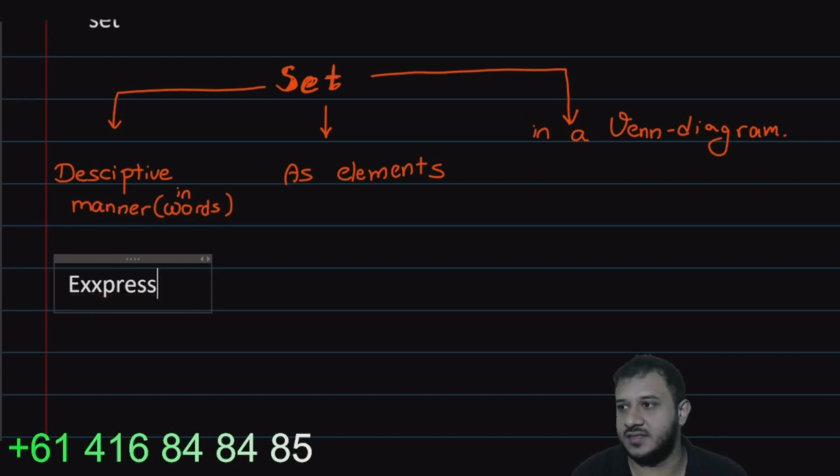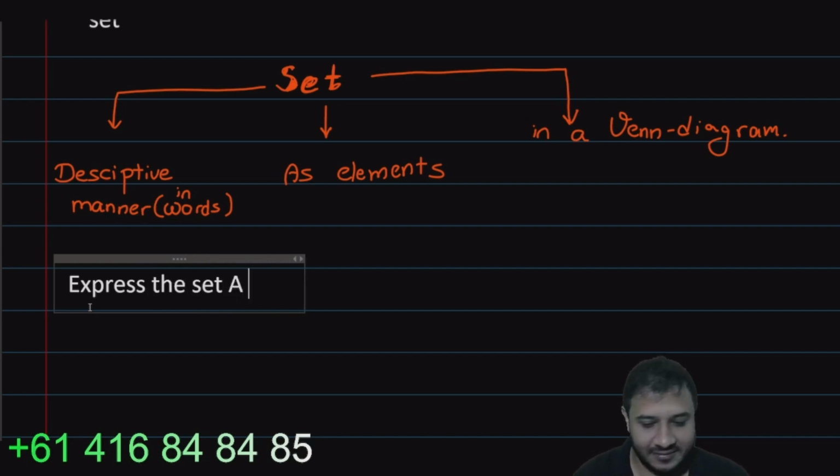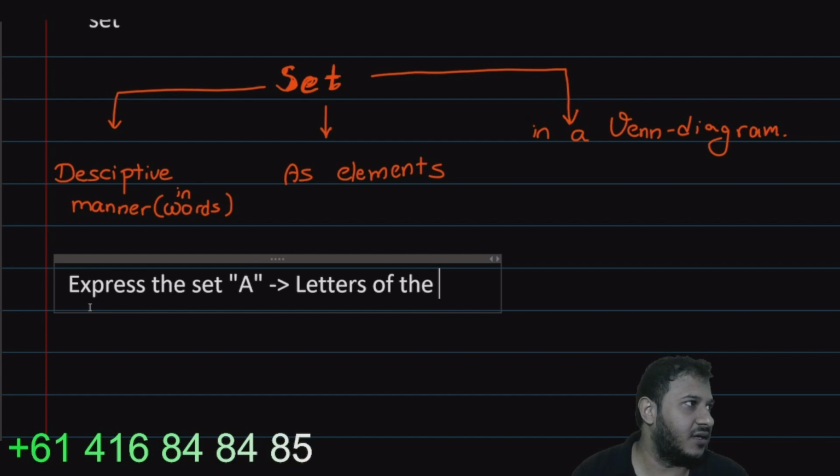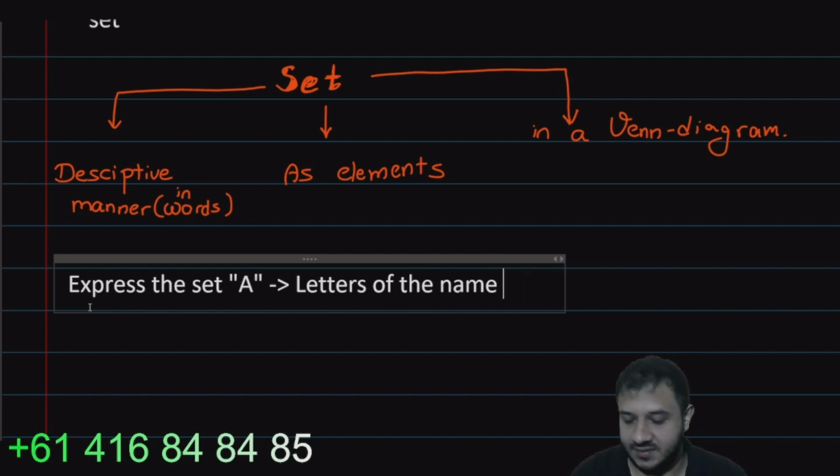Let's say that we got a question like this. Are you guys done with writing? I suppose because you all are in grade 7, you are writing a little bit faster than before, so I'm going a little bit fast. If I'm going too fast, let me know, okay? Express the set A. So the set name is A. Don't worry, I will teach you what that means. And what is this set A? Letters of the name